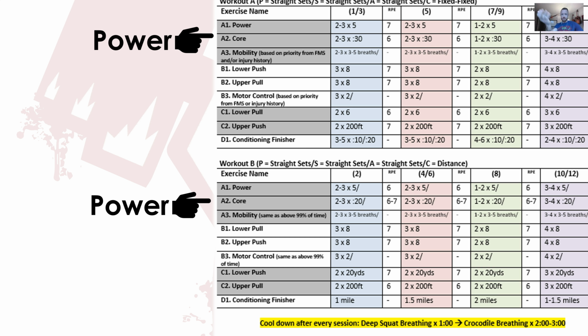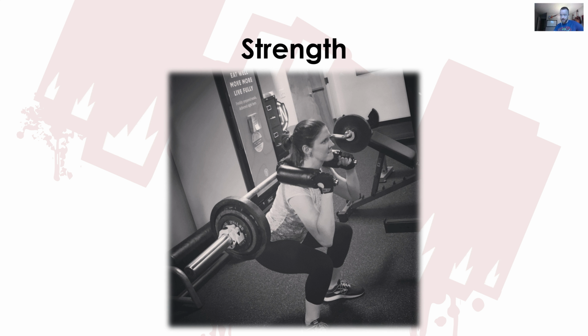Say this was a medicine ball throw variation. They're going to do their 5 reps. They're going to leisurely stroll on over to whatever their core thing is that they're doing. That could just mean they're going to leisurely get down to the floor, do their plank, hold it for 30 seconds. And then let's say they had rib grab T-spine rotation. They're going to roll onto their side, knock out their 3 to 5 breaths on the one side, roll over, 3 to 5 breaths on the other side, get back up, and they're back to their power training. 9 times out of 10, people in our facility are going to be moving, but at a relatively casual pace the entire time when they're in this A1, A2, A3. Then they'll take a break before they go on to B1, B2, B3, which we're going to talk about next. That would be strength. Okay?